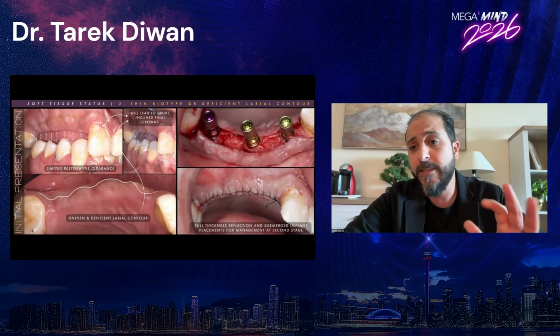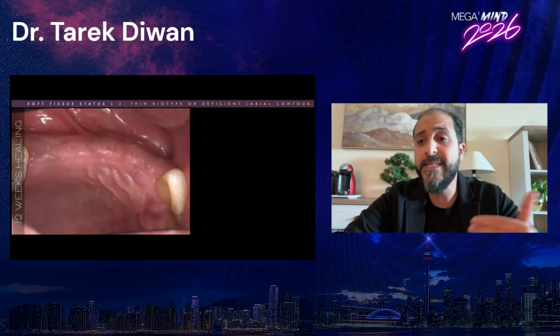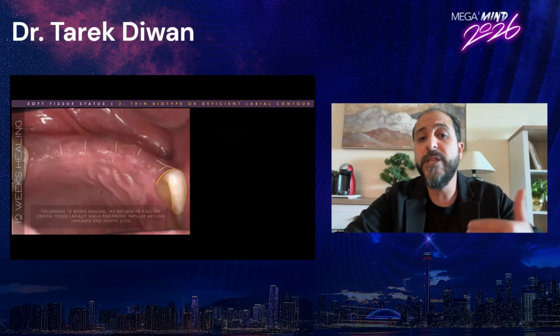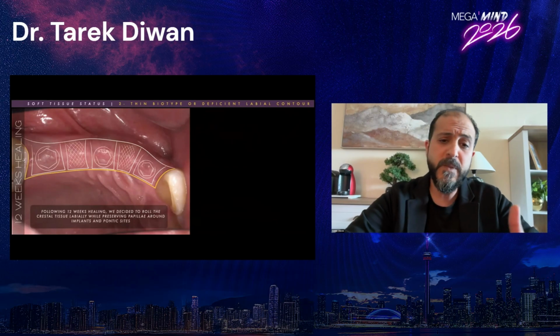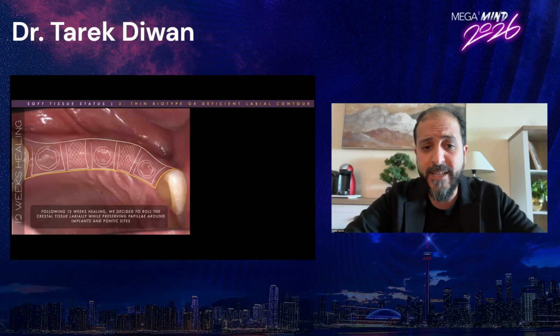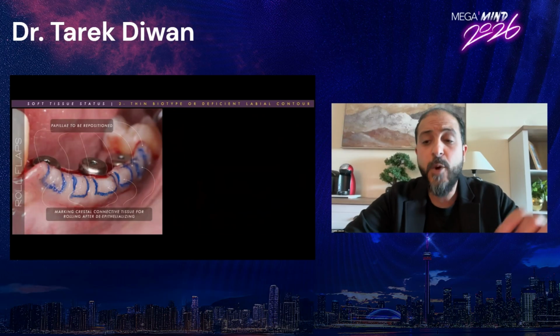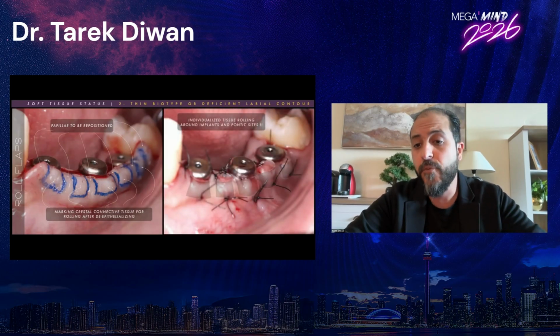Here as well, as the patient was a smoker, we decided to submerge all the implants, and then on the second stage surgery after healing, we would manage the soft tissue. So we decided to push all this tissue again towards the labial side, to be able to do a proper emergence of the white aesthetics later on with the same open roll flap technique, where we reflected the tissue and placed some healing abutments on top of the implants. We started drawing on top of the crestal tissue to specify the parts that will be rolled towards the labial side. And from here, after rolling towards the labial side, we have compensated the volume around the implants and around